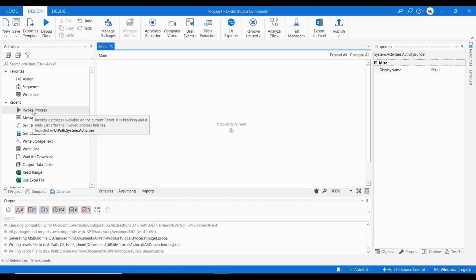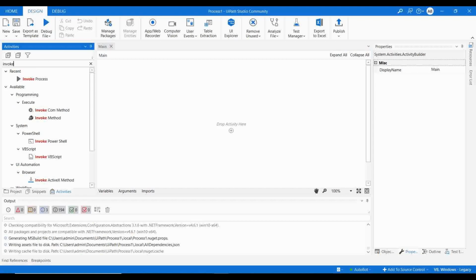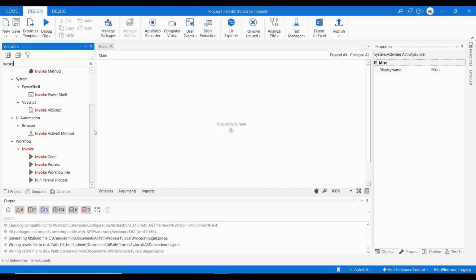And here you can see the Invoke Process activity. Let me search for Invoke. First we are going to understand about Invoke Process, then we can understand what is an Invoke Workflow File. Before calling this Invoke Process, we have to create two